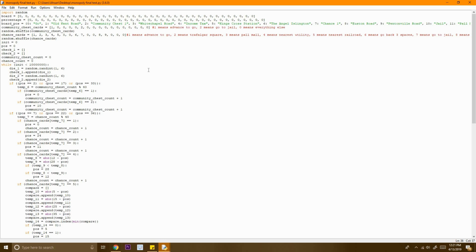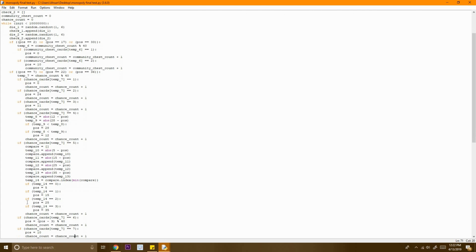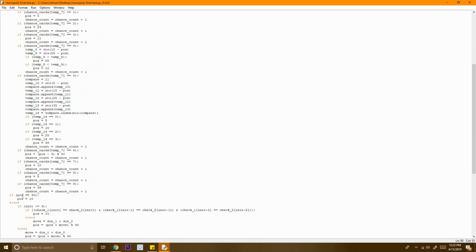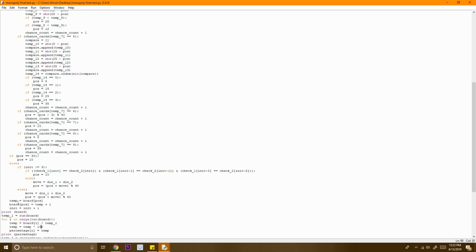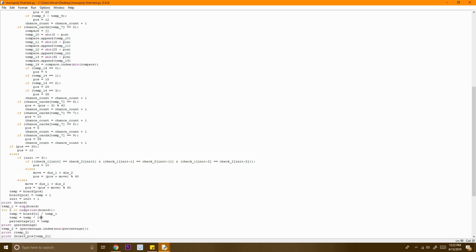This is actually a bit longer because you also have the nearest utility, and the code for that is a bit complex, and we'll talk about that right now. And then we also have if pos is equal to 30, pos equals 10, because this is the go to jail position. And then we also have this: if you roll 3 doubles in a row, pos equals 10, meaning you have to go to jail. And then like that. So then we have the board now,